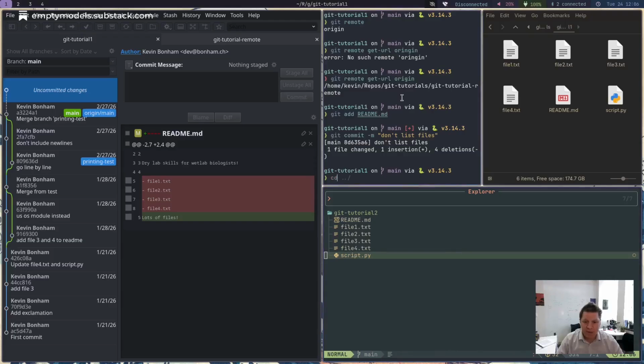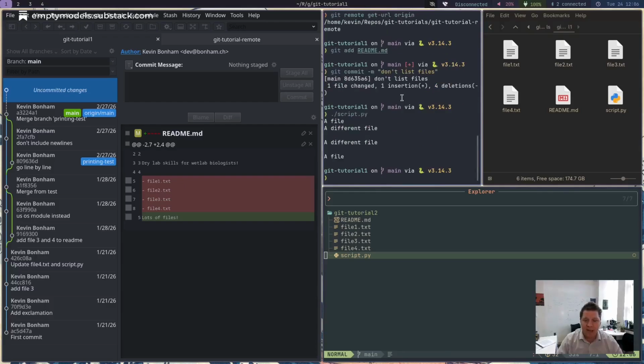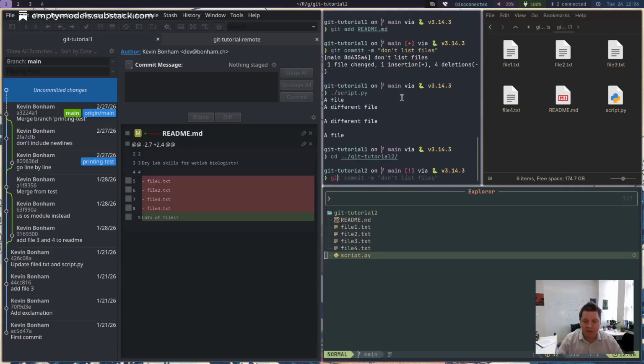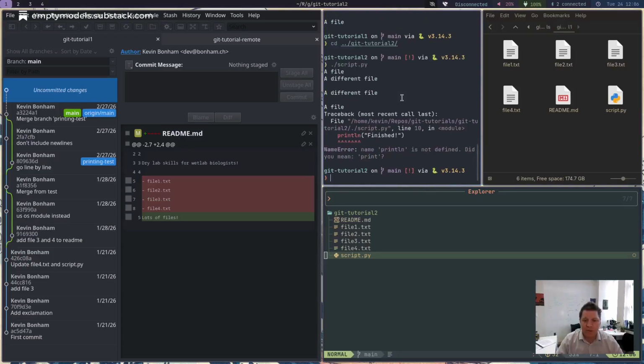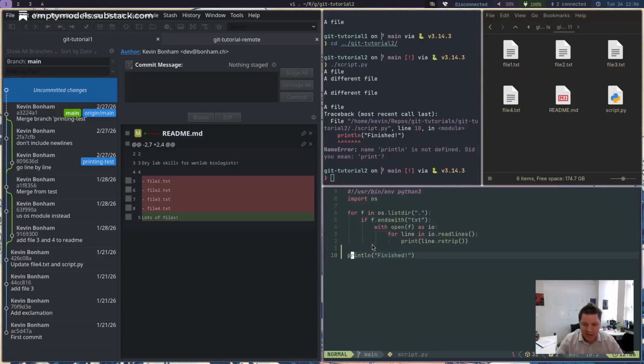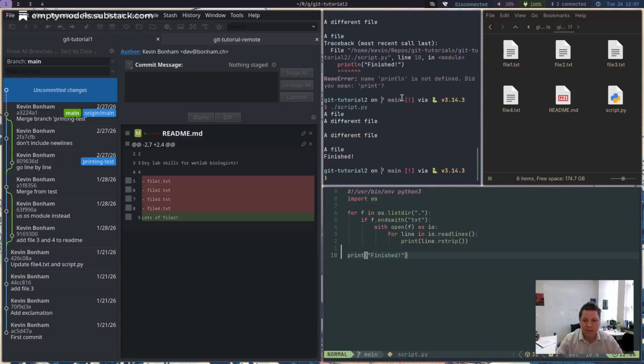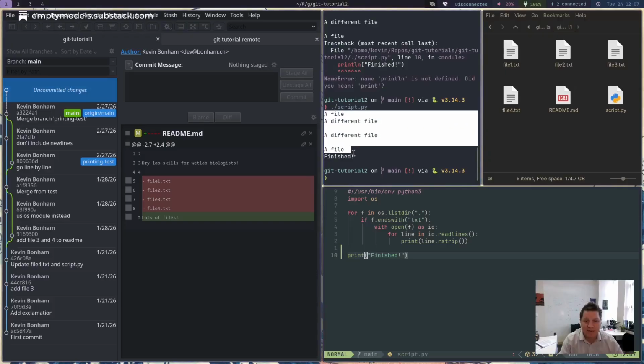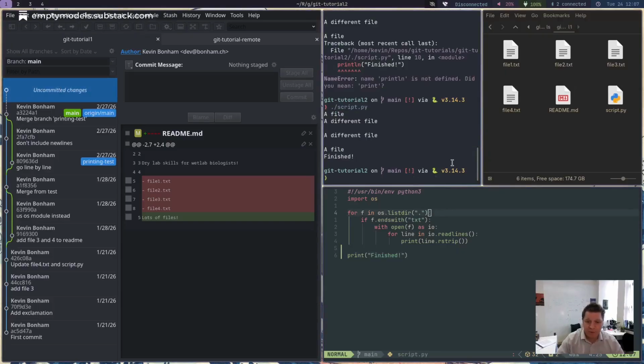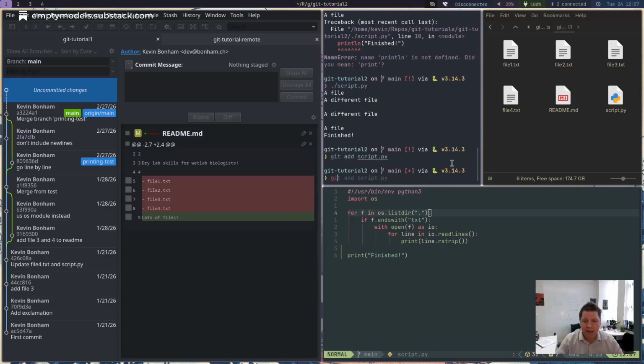So let's check up here. See, so this is in user 1. If I run script.py, you see I have those things. That's the edits we made last time. If I'm user 2, now I've changed this script to now, oops, I'm using Julia syntax there. Python is just print. So let's do this. And so now you see I print out the lines of the file and then finished. Okay, so I'm user 2. I'm going to go ahead and git add script.py, git commit,